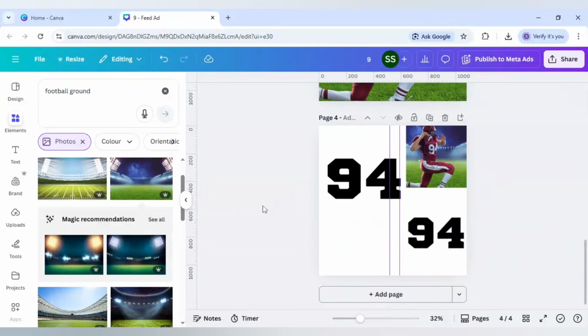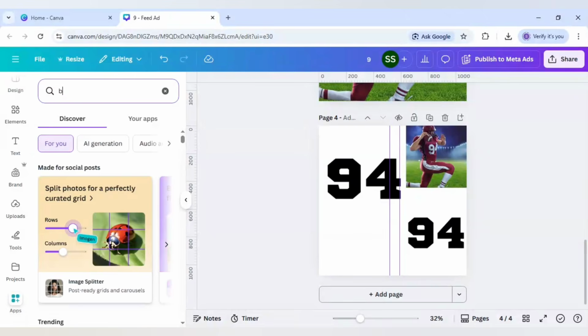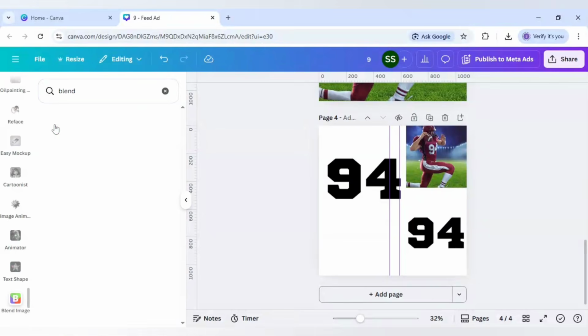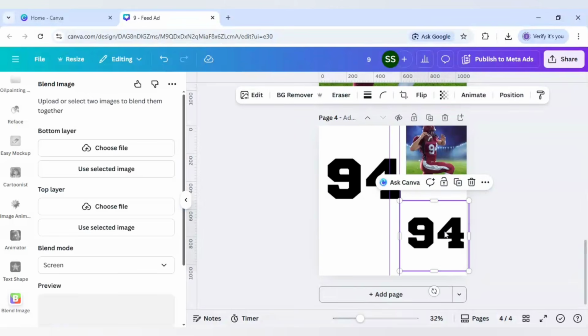Okay, and after that I will just scroll down to find apps, click on here and write blend and use this first app. And for the bottom layer I will use this one first time. Click on use selected image,